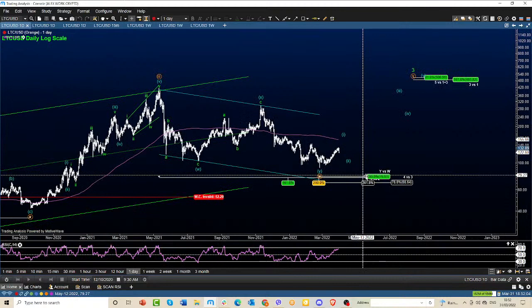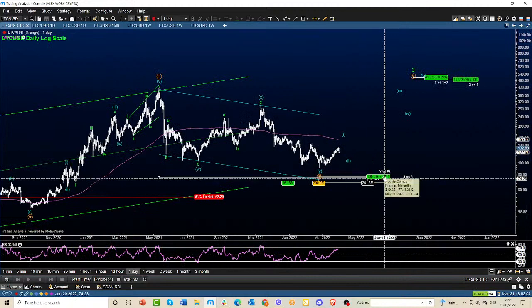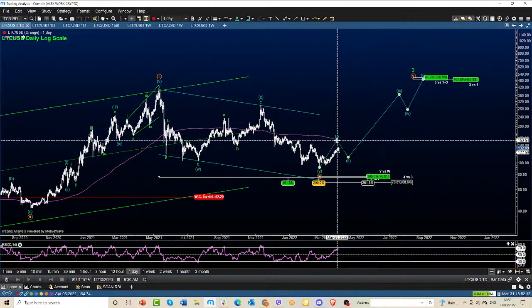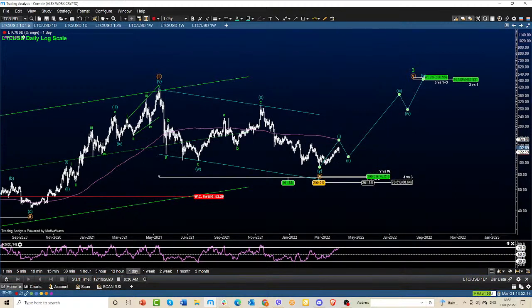Some of the levels I had before were at 76. We reached this spike, reached 91. So is this a reversal? We still don't have a confirmation level. We didn't even test the 200 moving average.